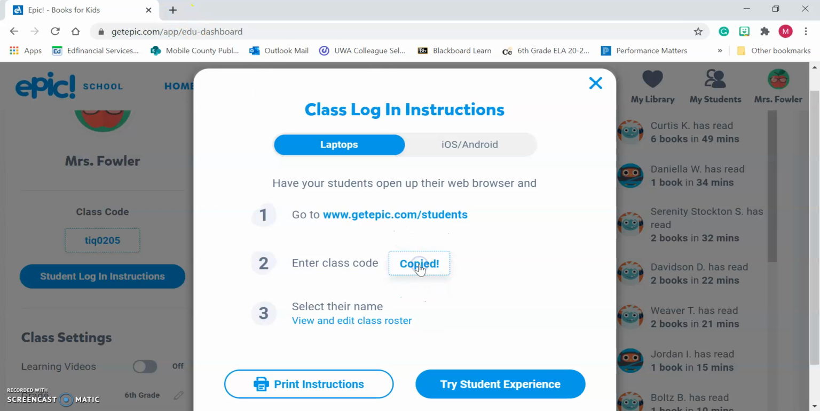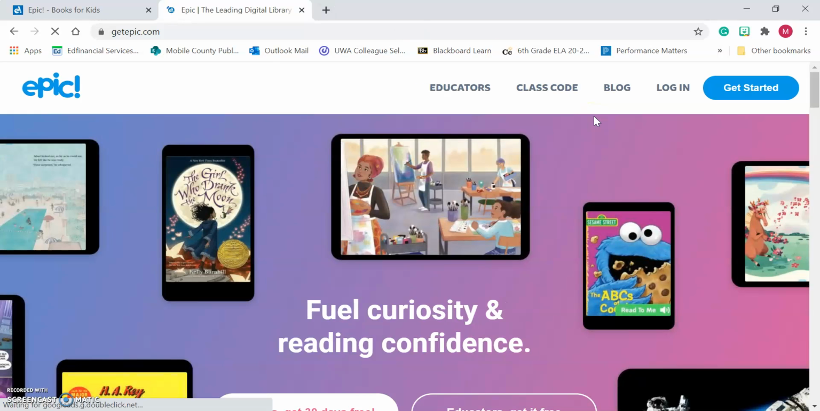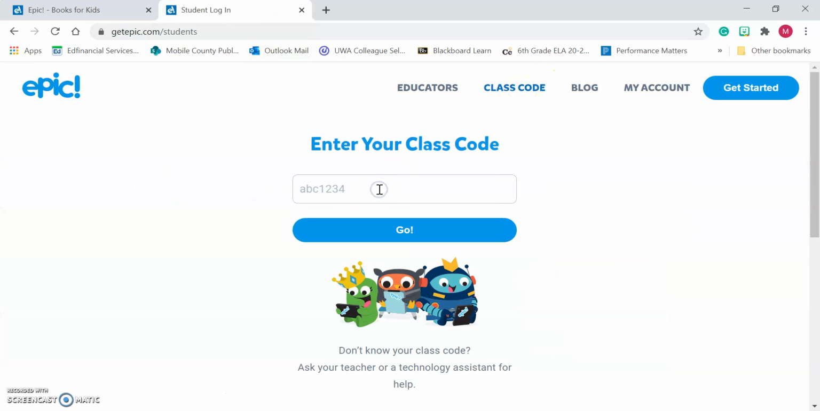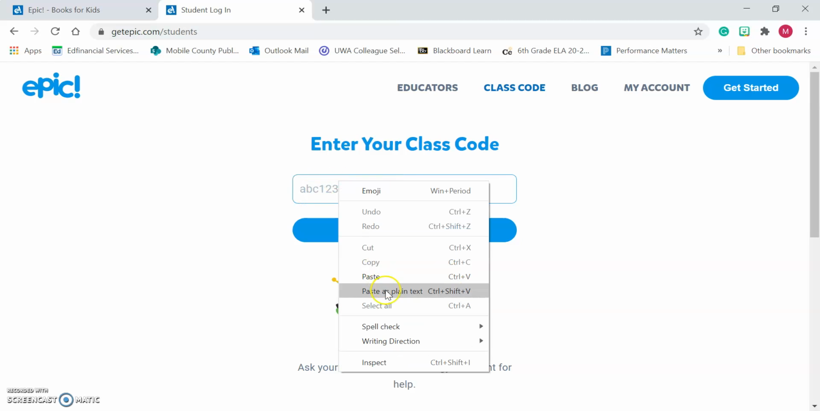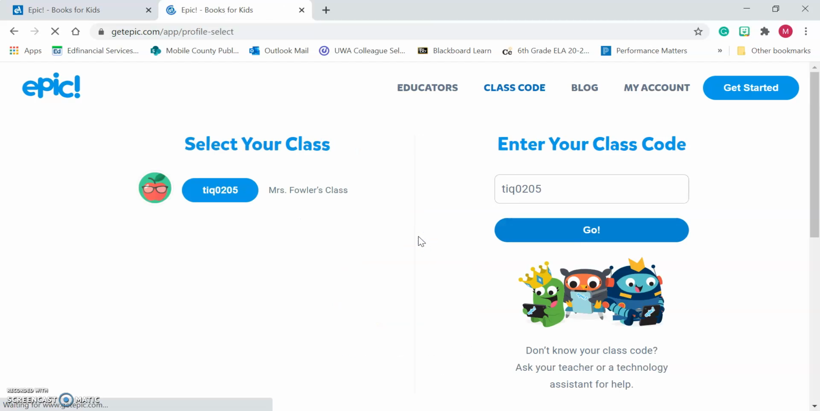And so what's going to happen is I'm going to click that, and it's going to copy. I'm going to open Get Epic in a new tab to show you. So whenever students go to getepic.com, they just have to click on this button right here that says class code. And here's where they're entering that class code that you give them. After you type that in and you click go,